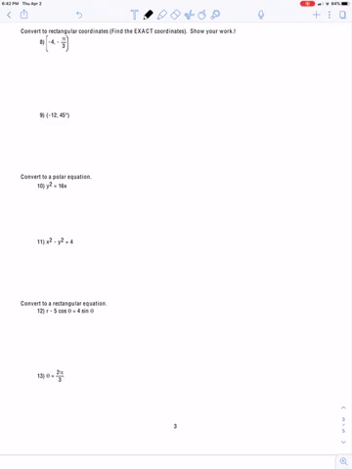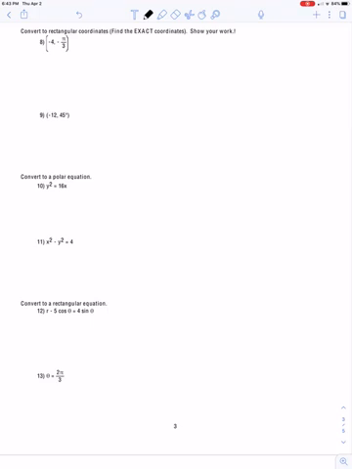Okay, let's move on in our review as we look at conversion of polar coordinates to rectangular coordinates. We just finished converting some rectangular coordinates, ordered pairs (x, y), over to polar coordinates, r and theta, our radial coordinate r and our angular coordinate theta. So let's see if we can find the exact coordinates for this conversion from the point (-4, -pi over